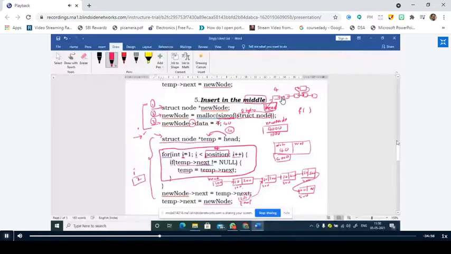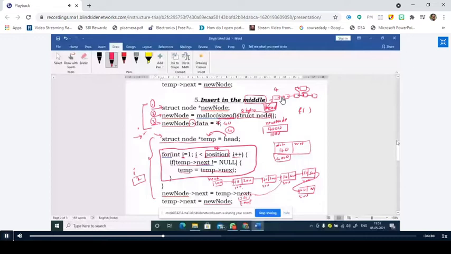Therefore 200 is overwritten with 300. So whenever you change the value of temp, the pointer will move to the next node. Right? Is it correct? Yes, sir. Now the i value is incremented.